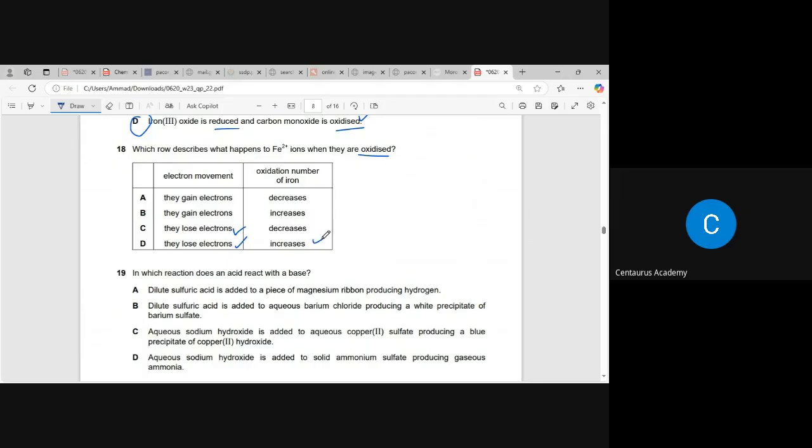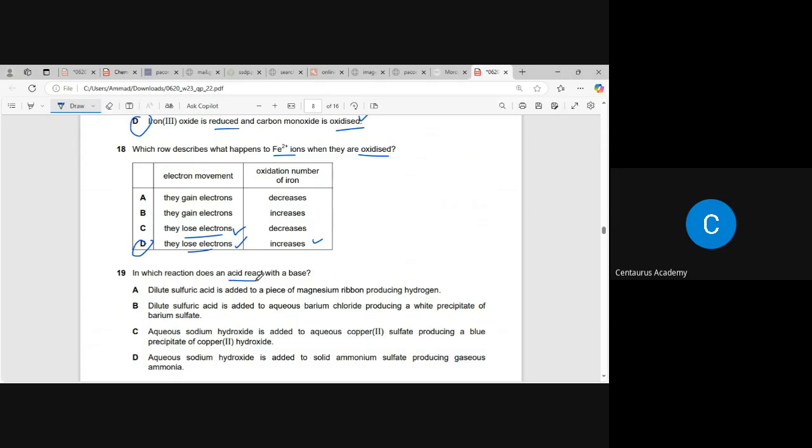Also, if you look into this, when they're going to lose their electrons, obviously the oxidation number is going to change. From Fe2 plus ions, they're going to change to Fe3 plus ions. So D is the right answer first. Let's look into the next question. The next one says, in which reaction does an acid react with a base? So dilute sulfuric acid is added to magnesium ribbon producing,